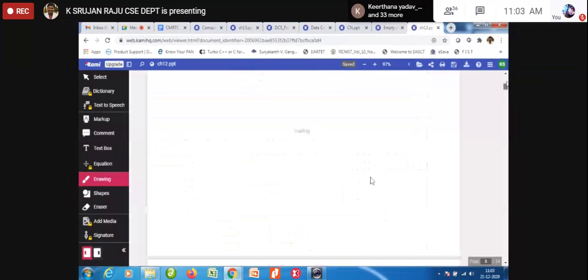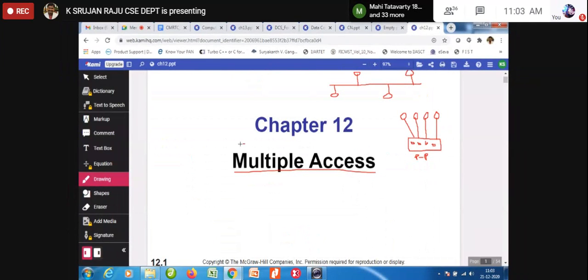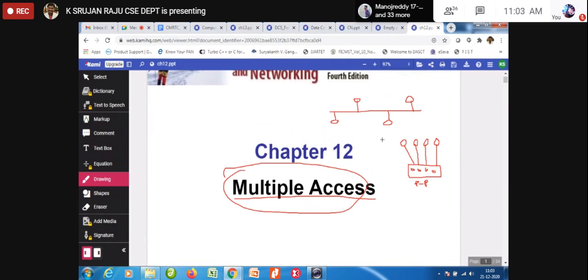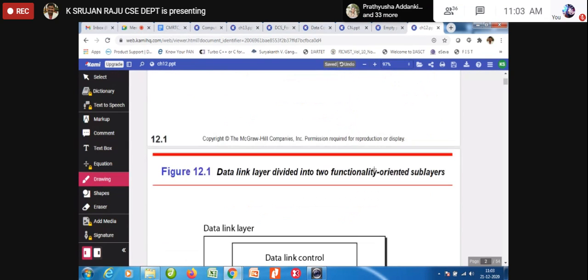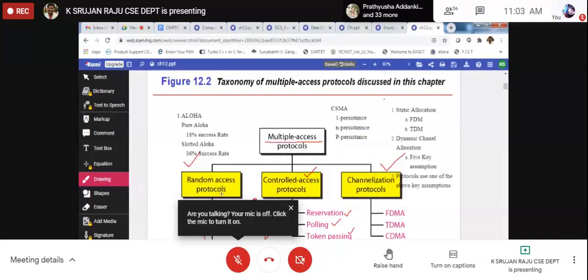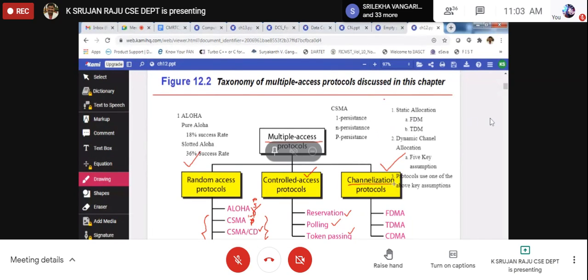In this situation, we discussed how multiple access can be given when a link is shared by multiple users. It should be in such a way that there is the best utilization, because everyone should utilize the link, but at the same time there should not be any collision. For that particular purpose, we have discussed the random access protocols and controlled access protocols, where we are talking about collision free protocols. And here we are going to have some other protocols like channelization protocols.